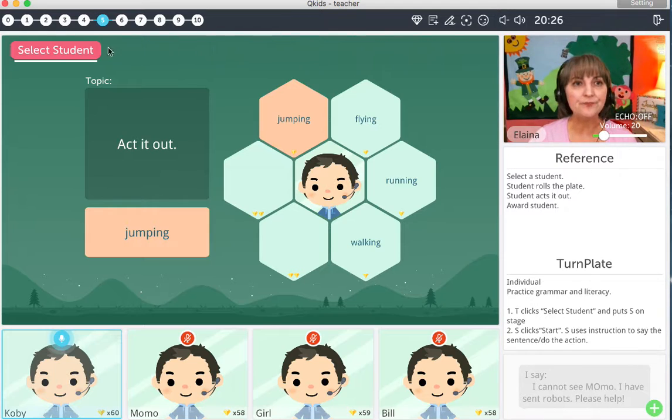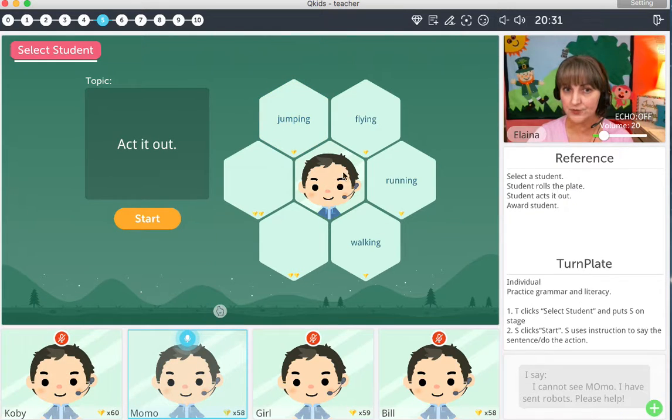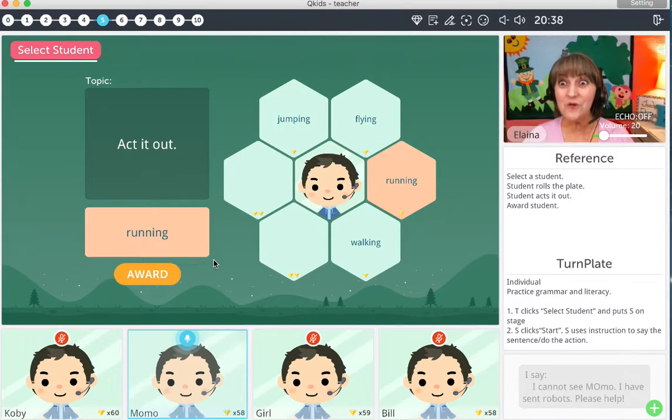Let's try one more student. I say select student. This time Momo comes up. Momo's right here. Okay, can you press start? Okay, Momo presses start. Oh, Momo, do you know what it says? Okay, I've kind of learned right now already that Momo is a little bit more advanced. I'll say, Momo, can you read this? Running. Yeah, they might not be able to, but if you feel that that student is more advanced, try to